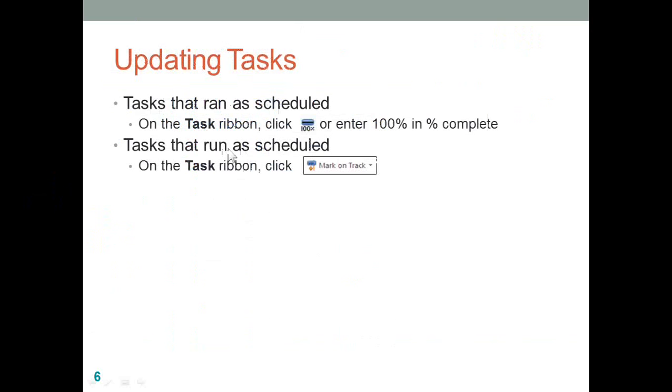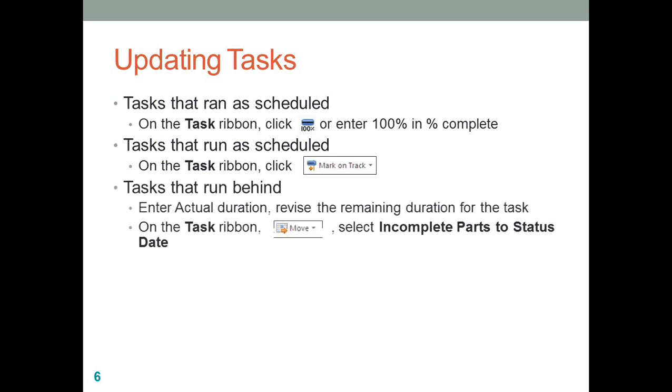So in this demonstration, I was talking about those activities that are running as per schedule, which means that you don't need to revise your planned duration in this case. The third scenario is there are certain activities that are running behind, which means you have an activity which has started in the past, but it got interrupted in between. When you have an interruption, the remaining portion of that work can be done only on or after a status date.